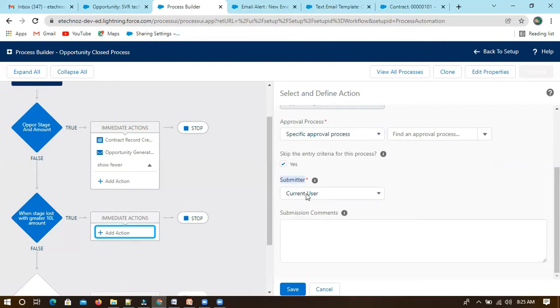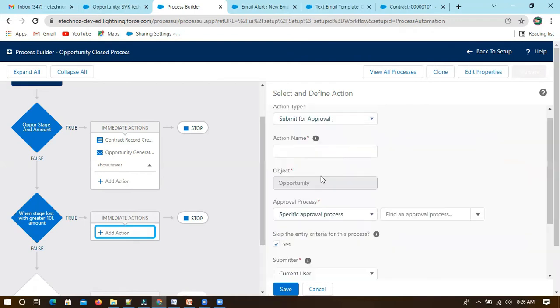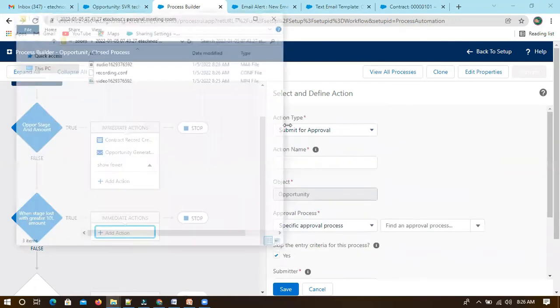We need to define that user, whether the current user, a specific user record, or any other user. Right now, it will mostly be the current user only, because we are creating it. These options you have to select when you create an approval process.